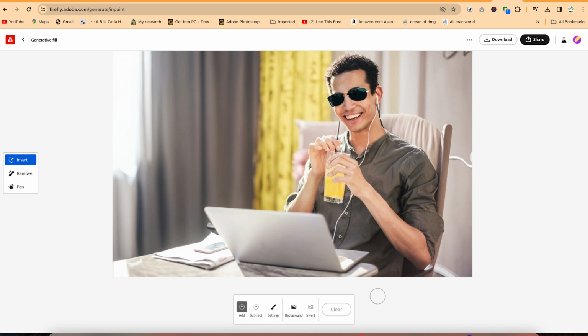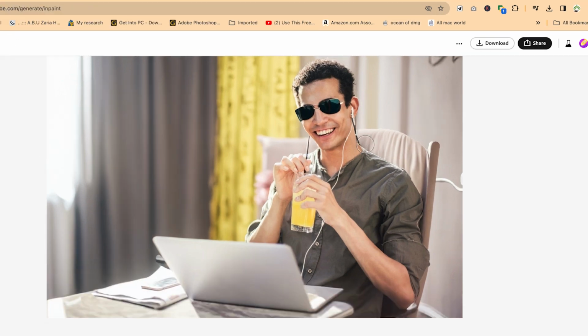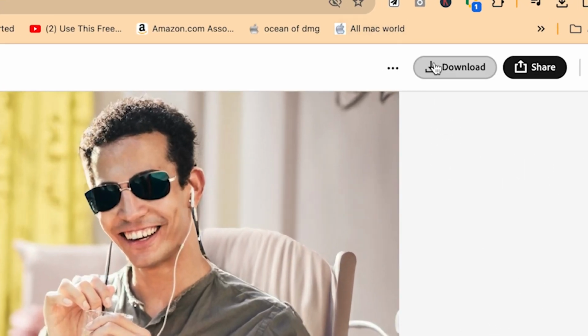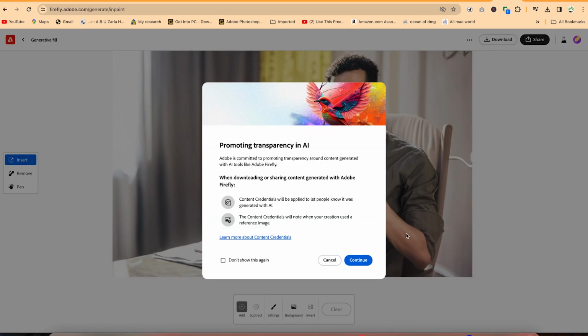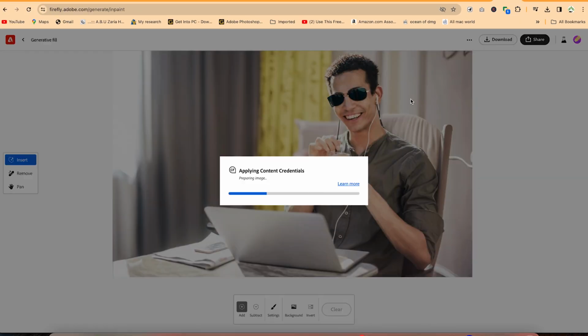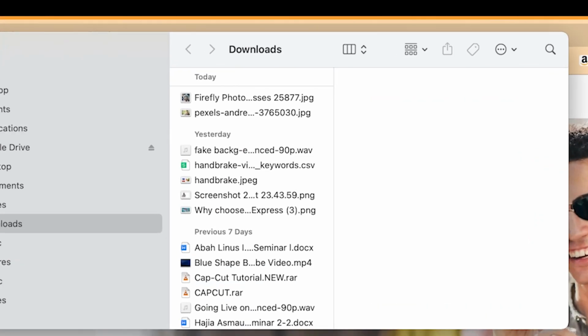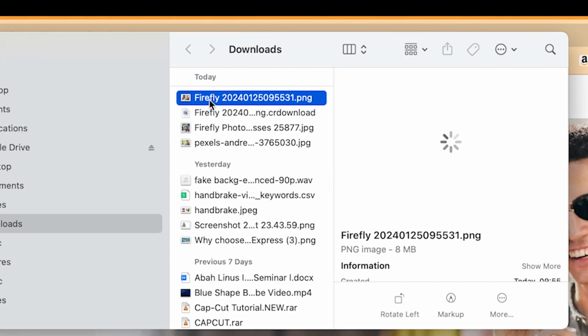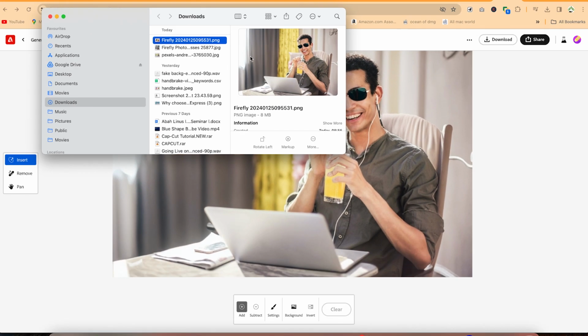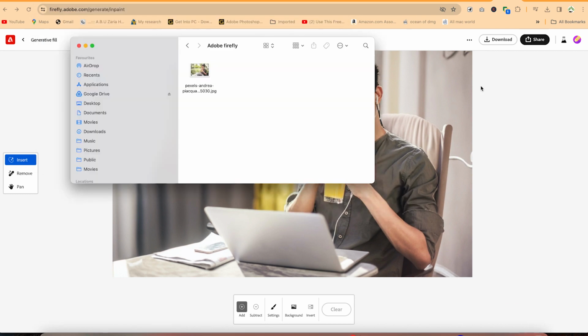So this is the second one, how to use the generative fill. You can change anything, you can add anything also if you want. You can remove any section of it if you like what you see, and you can just go ahead over here also to click on download, and you can just download it for free into your computer. So you can just click and you can see right now it's been downloaded. Okay, so you can see it already downloaded free of charge. You can see it over here. Okay, so you can just go ahead. Let's go back